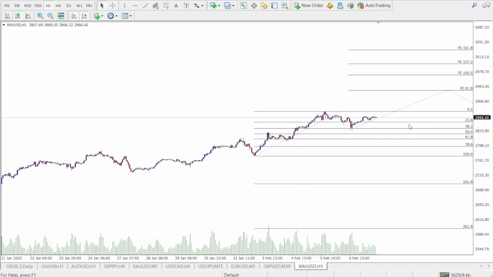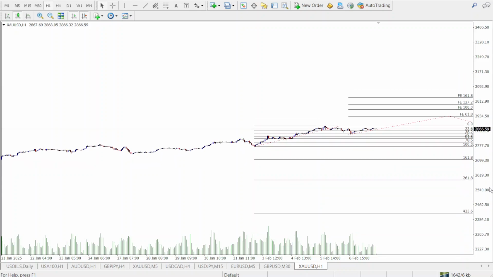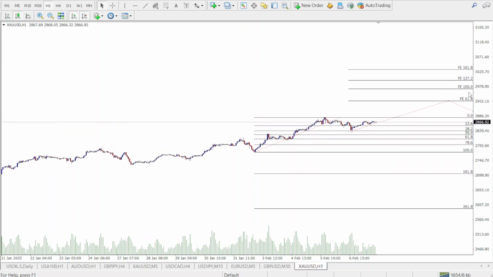Now, the main extension levels are the 100%, the 127.2%, which is a minor extension, often a short-term target, and then secondly the 161.8%, which is the golden extension, a strong resistance or support level, and finally